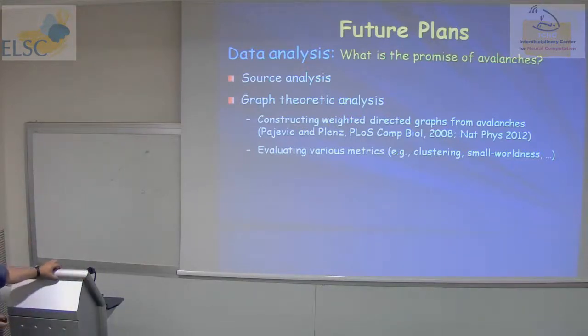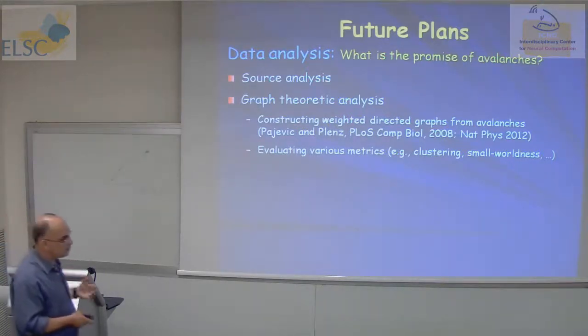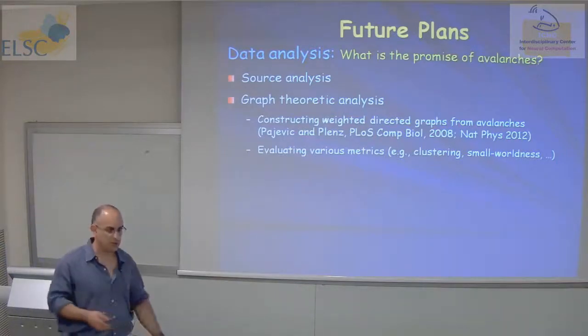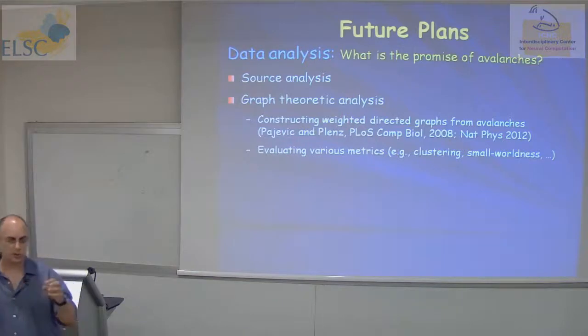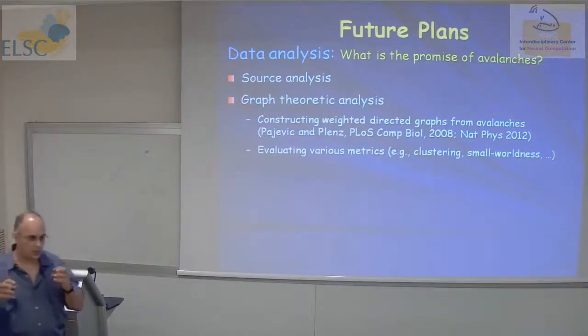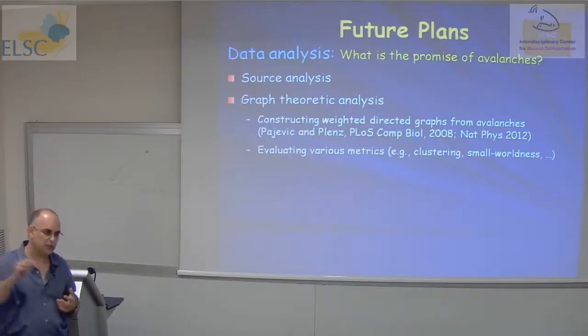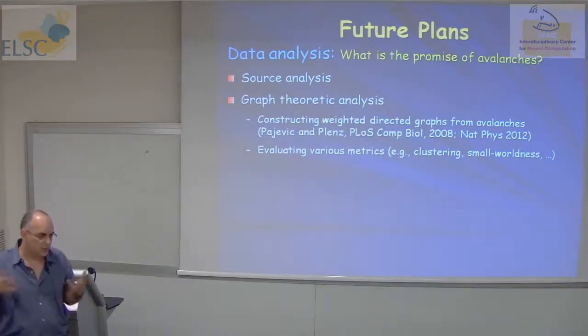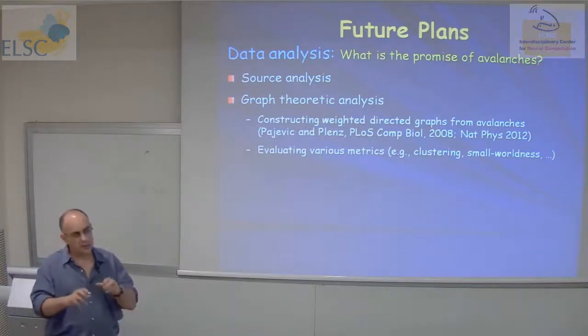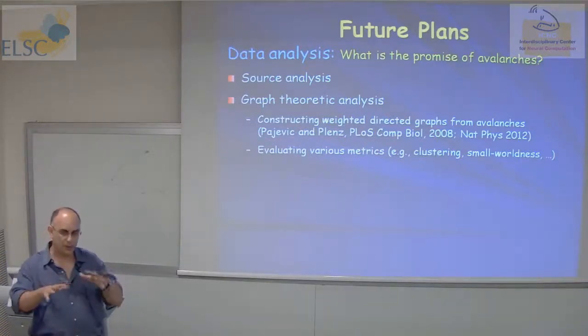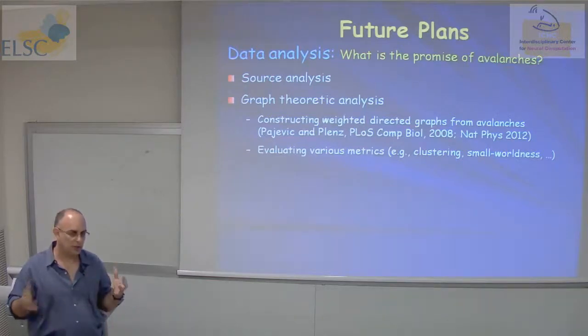Another thing is that we can reconstruct the underlying networks from the avalanches. Typically, what people do in fMRI, for instance, is they just look at second-order correlations, and then they construct those networks. But we have the cascade. So when we have the cascade, we can infer, using some Bayesian inference, the underlying network. You get basically a probability over the space of possible networks, and you get weighted directed graphs.